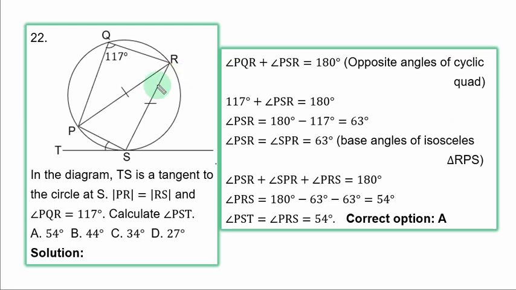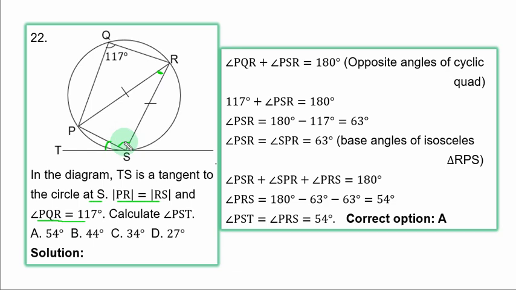Question 22. In the diagram, TS is a tangent to the circle at S, angle PQR is 117 degrees. Calculate angle PST, that is this angle. Angle PST is equal to this angle in the alternate segment. But to get this angle, you have to get this angle, because in